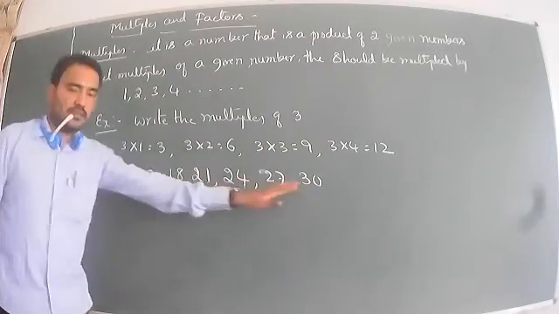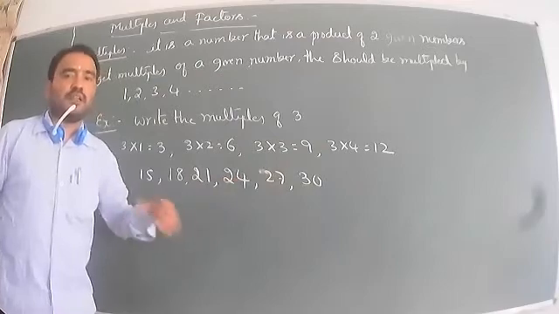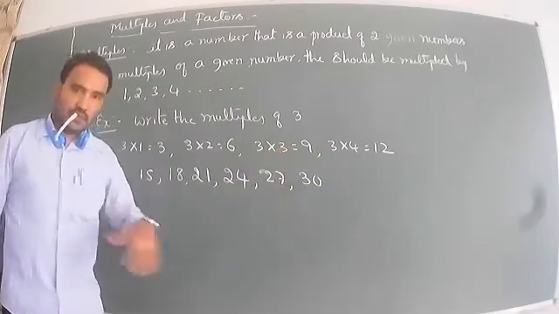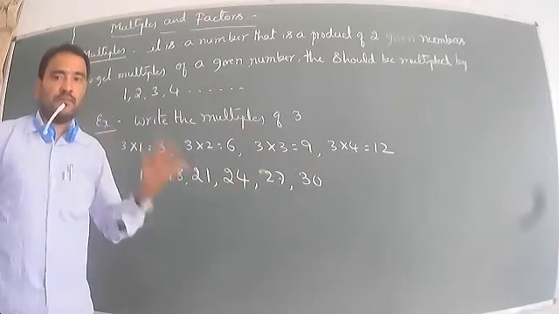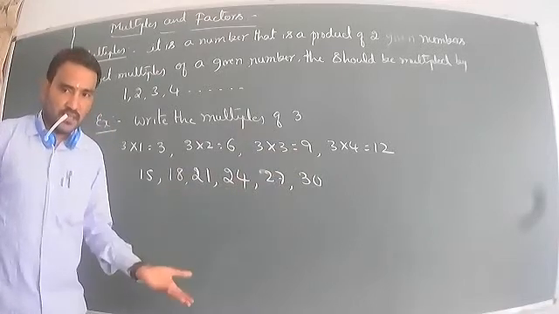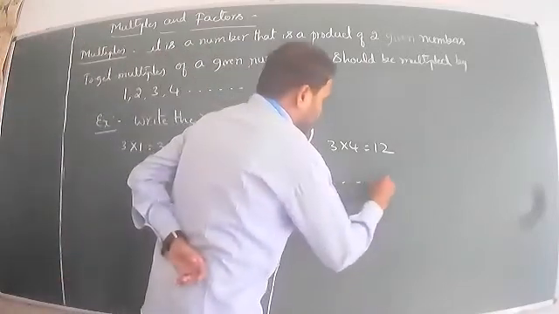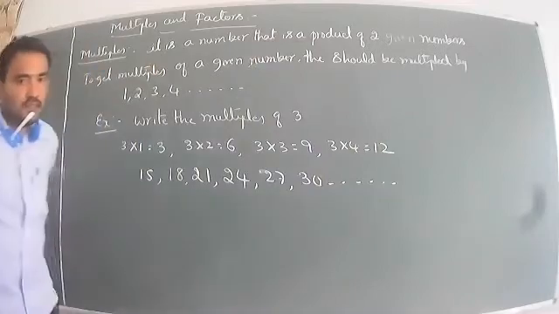Is 10 enough? Guruji, I want some more, 11. You have to multiply. 11 threes are 33. 12 multiplied by 3 is 36. Next, 13 multiplied by 3 is 39. Then 42. These numbers are increasing. Do you understand?